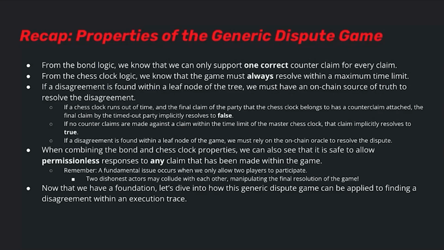So there's only one correct counterclaim for every claim. Yeah. But we don't know at the time that they're being made if they're correct or not. Absolutely. So do we just reward the first one? The thing about it is that when you create a counterclaim, it's hash data. If you think about the Merkleized fraud-proof VM state, if I have the same execution trace as another party and they've already created the correct counterclaim, I would be creating the exact same claim as them. So if they've already created it, I don't have to recreate it. In fact, the contracts won't allow me to. Does that make sense? Yes.